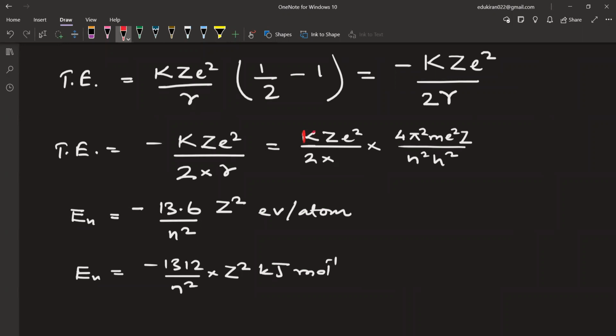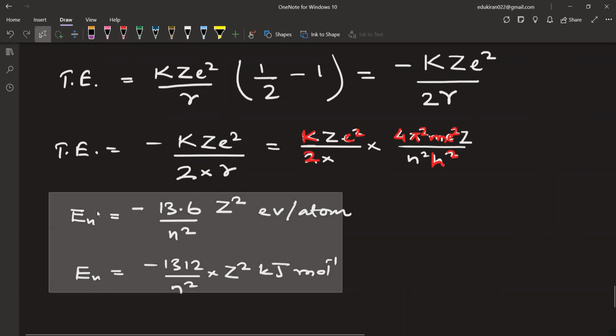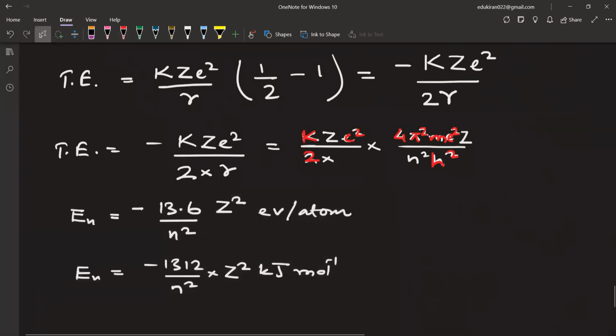तो जो कांस्टेंट हम उसको k में लिख देते हैं, k इज कांस्टेंट, this 2 is constant, the e² is constant, this 4 is constant, this pi is constant, this n is constant, नहीं n constant नहीं है, h constant है आपके पास, m is constant, e is constant, ठीक है। So you have just z into z², अब नीचे n² है, तो z² upon n², and these are the values of constant here, ठीक है। तो आपके पास ये दो इक्वेशन हैं, ये इंपॉर्टेंट है, इससे सवाल आ सकते हैं, इससे सवाल पूछ भी सकते हैं।